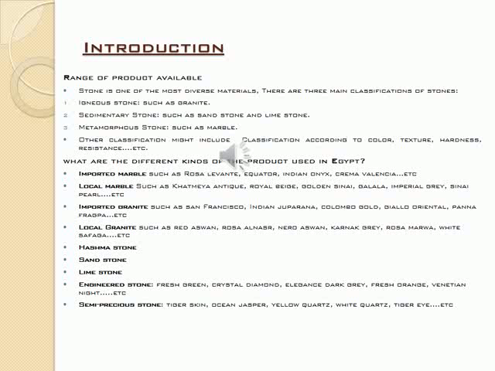Now, what are the different types available here in Egypt? In Egypt, we have a lot of stone materials and a range of products. However, mostly they are for decorative and cladding purposes. Such materials include imported marble such as Rosa Levante, Equator, Indiana Onyx, Crema Valencia, and also some local marble such as